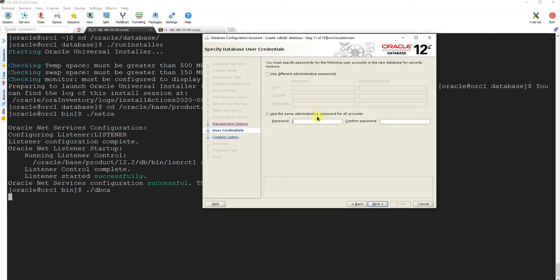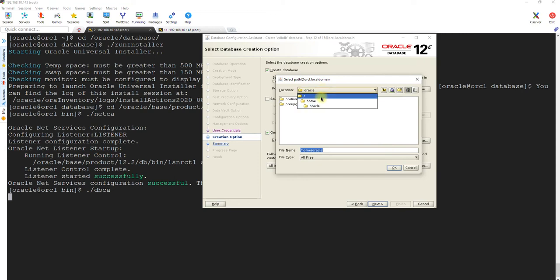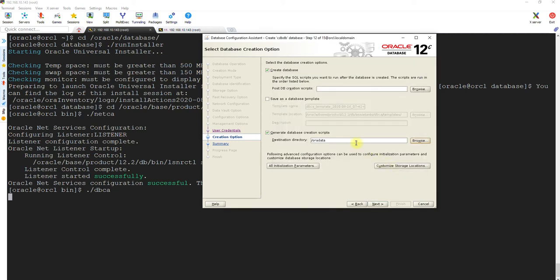We'll create a password for our local administrative users. Next. What I will do, I'll generate the database creation script as well. Maybe we might require this in future, so let's generate it in /aura data. Let's see what it actually spits out. So done. Next,